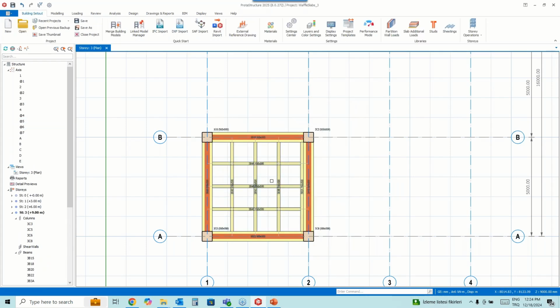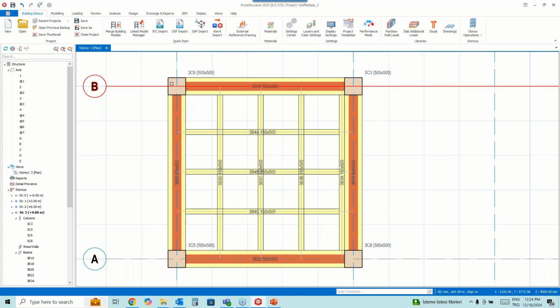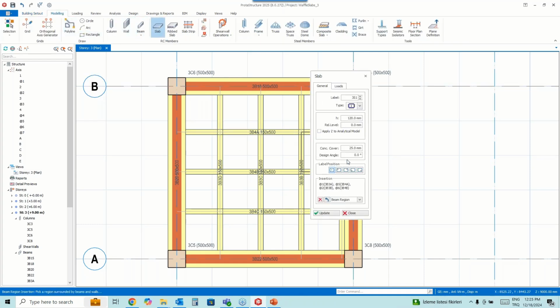So I don't want to split the beams, that's why I selected the no option. Okay. So in here, again, I'm going to place normal slabs between them. If you really need, for example, there might be a heavy industrial machine, and you may need to insert a specific load to the point, you can use this feature.